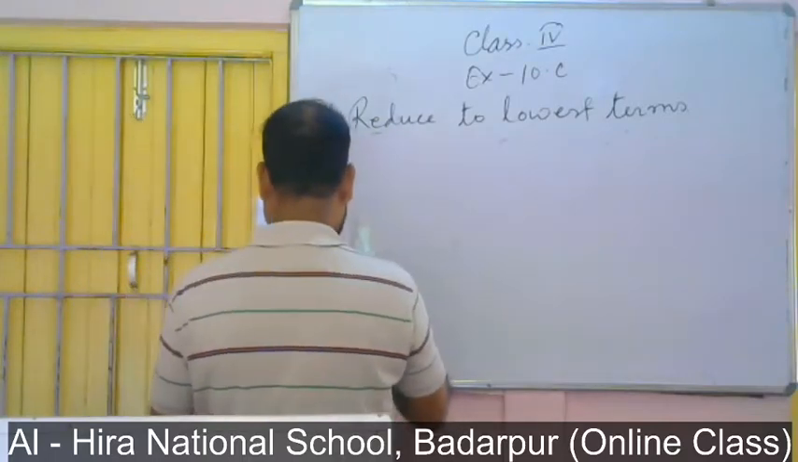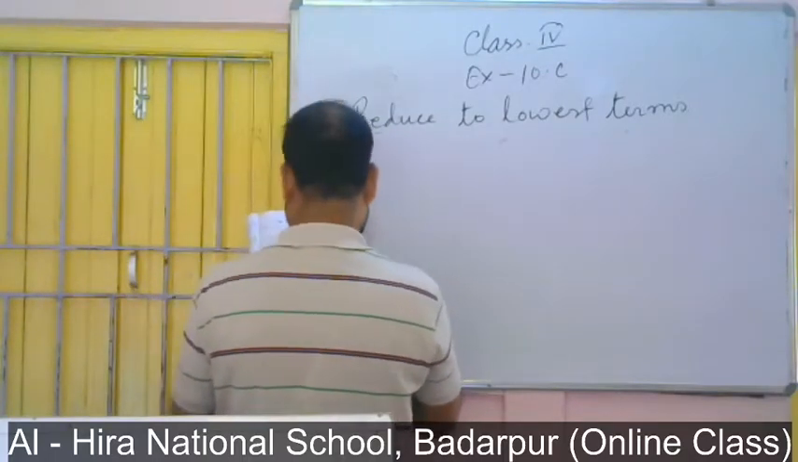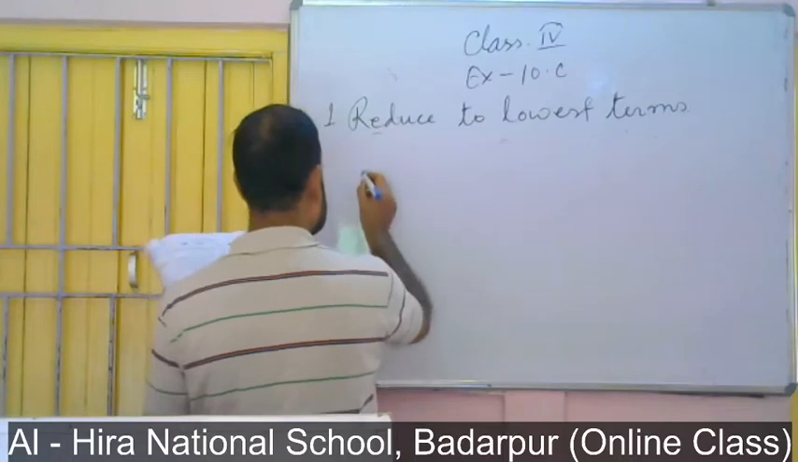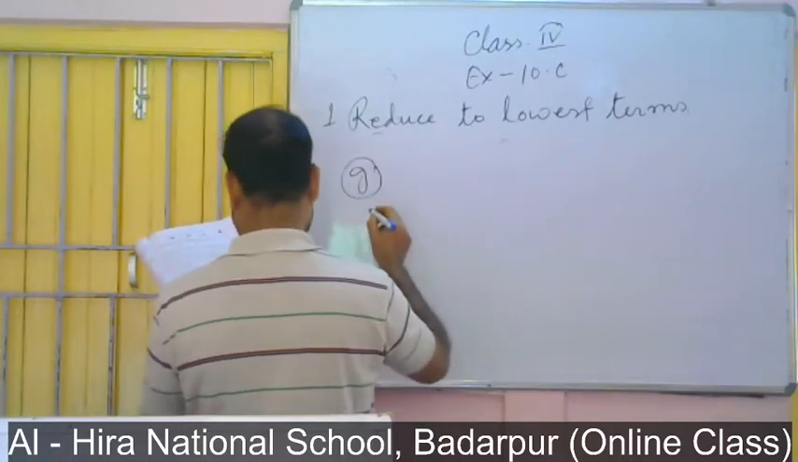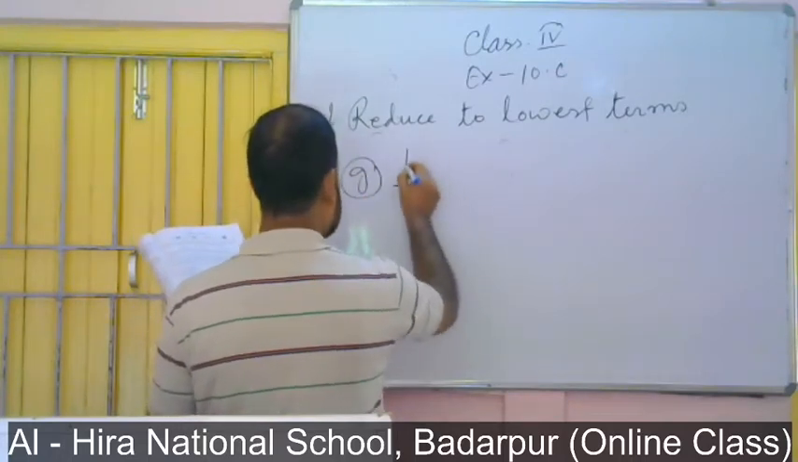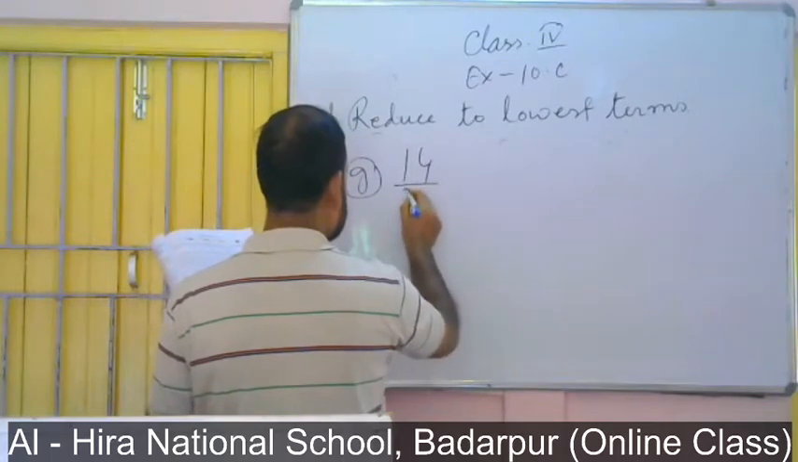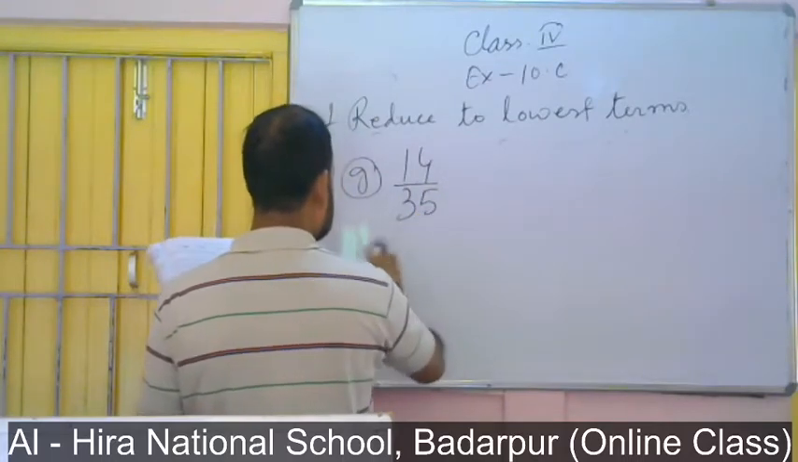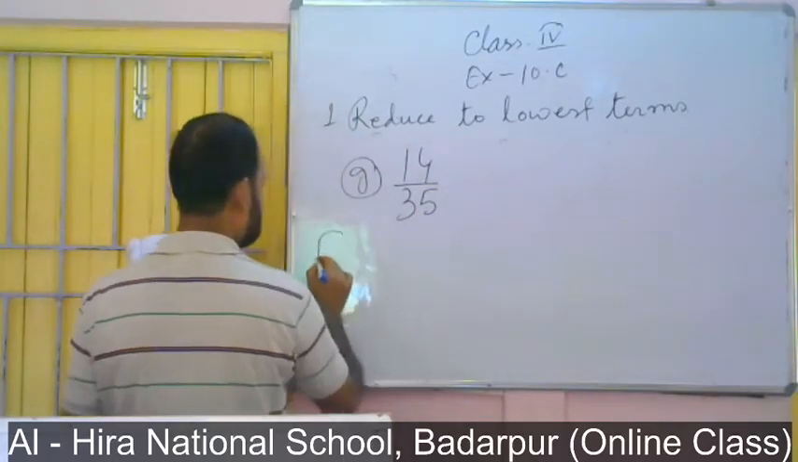Question number G. 14 by 35. 14 by 35 factors